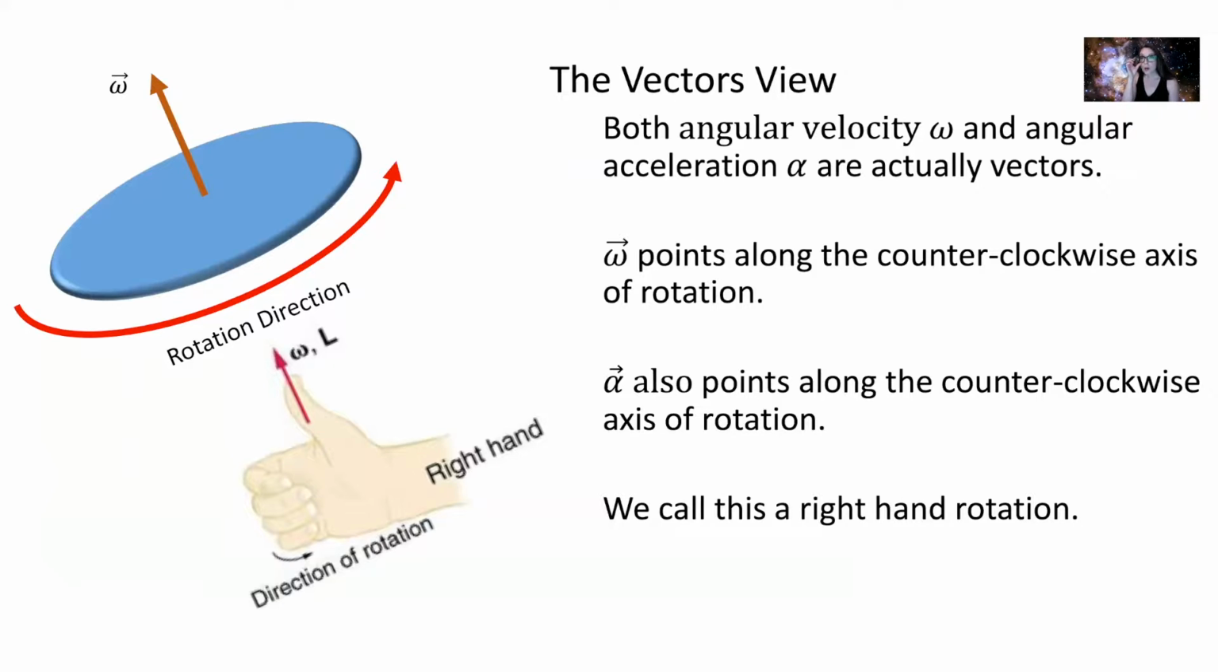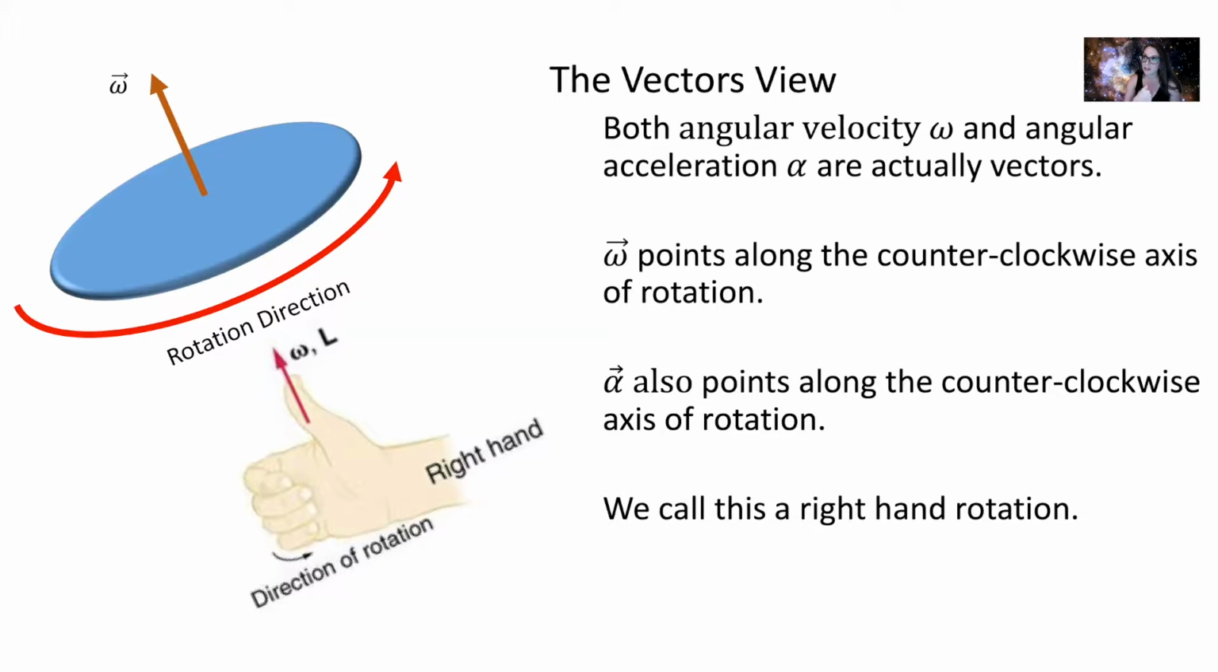So for your angular velocity, represented by the Greek letter omega, it always points along the axis of rotation. In order to figure out the direction of omega, you use your right hand. You figure out which direction your object is rotating, you curl your fingers around in the direction of rotation,